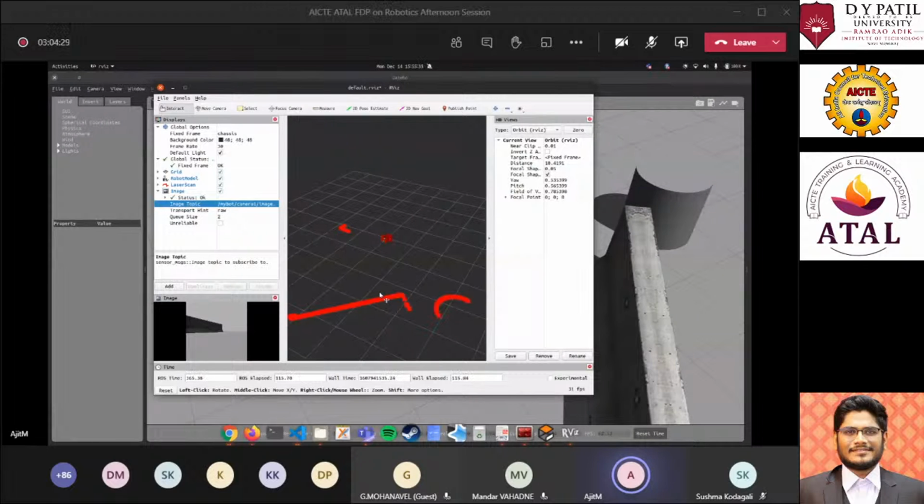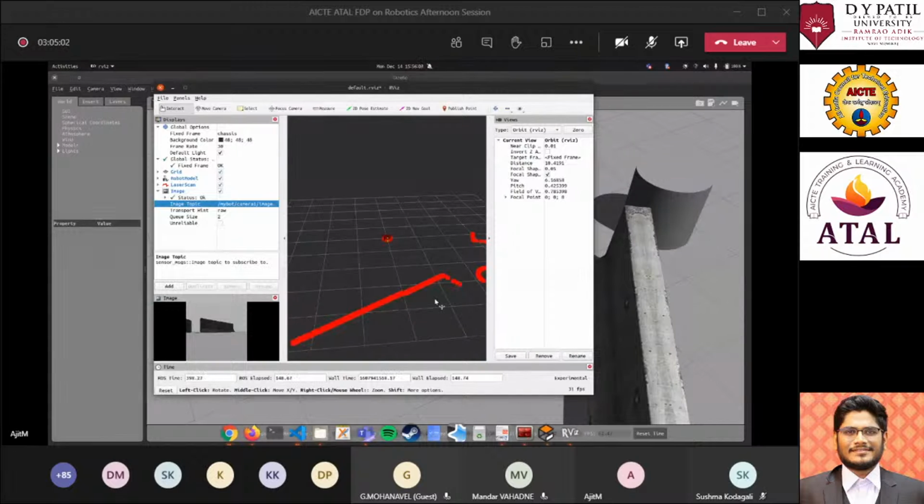So till now, what we have done is how we develop a robot model, the links and joints of that robot model, how we integrate a sensor to it, and how to visualize the data coming from that specific sensor. So till now, does anyone have any questions? I've gone very fast because of the time limit. I thought I would miss out on things. Does anyone have questions?